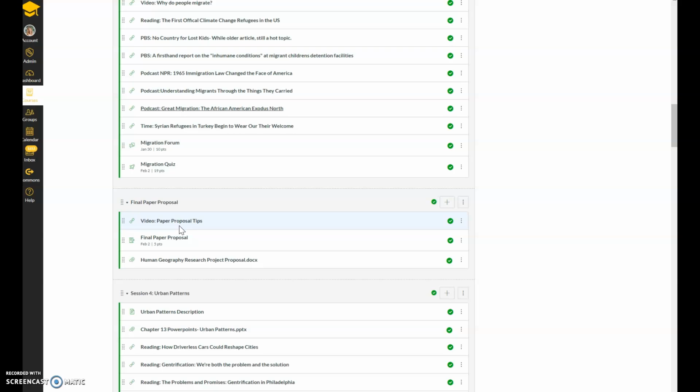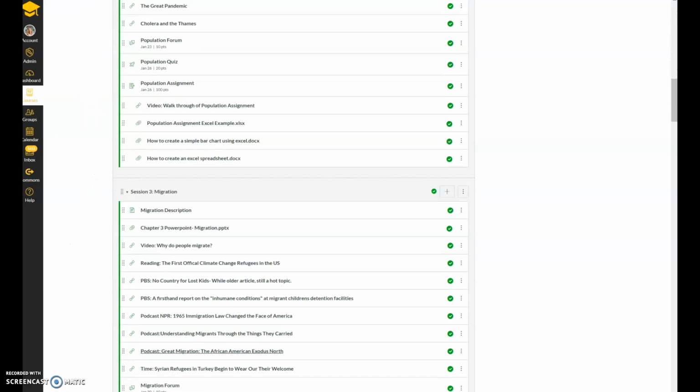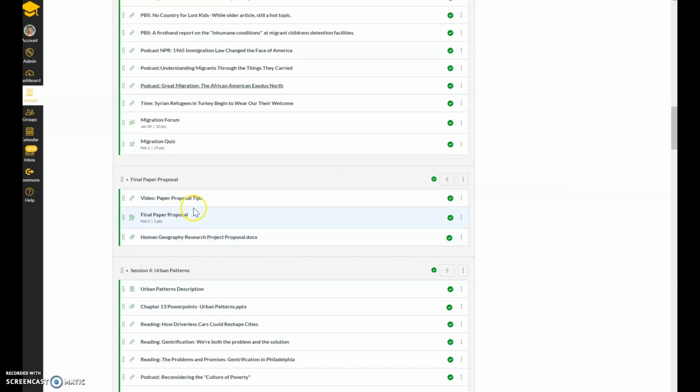It's really important for you to start researching what your paper is going to cover. There are research topics that are given underneath the course project and you have to use those specific research paper topics. It even gives you how to get librarian help. I have a wiki page set up, so all the information for the course project can be found here. This is the paper proposal right here, and I actually made a little video with tips on how to research for your paper proposal, and that's due next Sunday by 11:59.